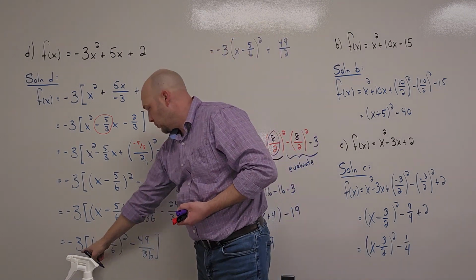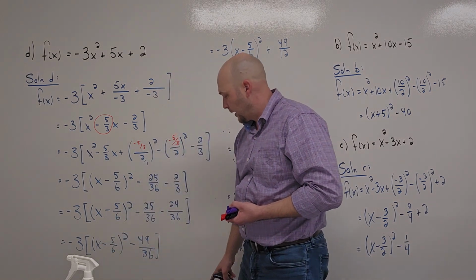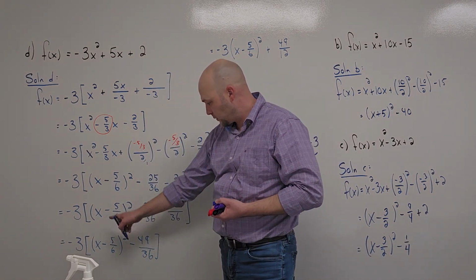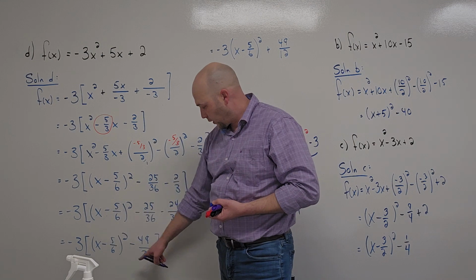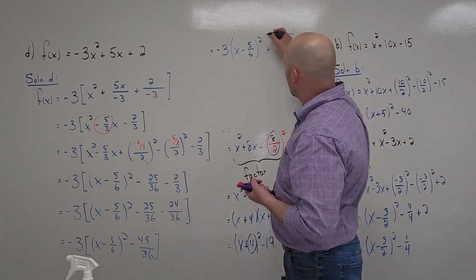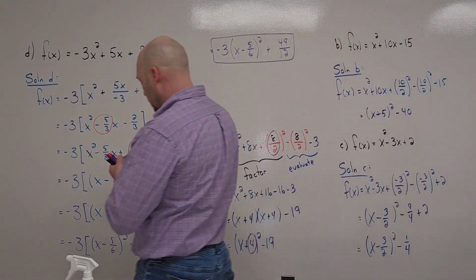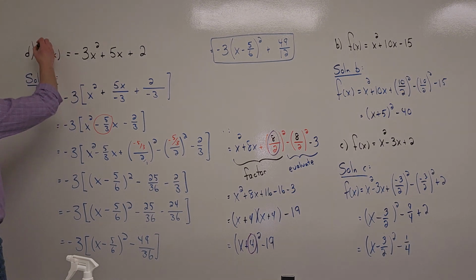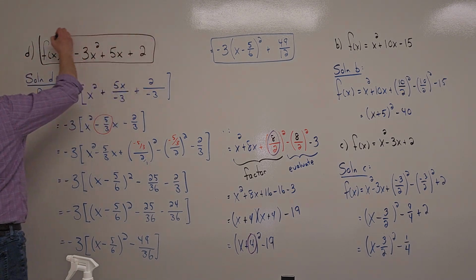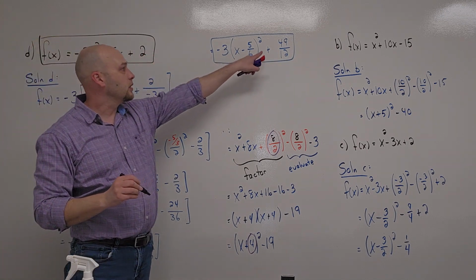Okay, negative 3 times this squared term here, I'll just put a negative 3 out front, and then negative 3 times this fraction here, minus makes that a positive, and I've got 3 over 36, which reduces to a 12 in the denominator, giving me this expression right here. Keep in mind that function is identical to this one. Those are the exact same function. This is the general form, and this is the standard